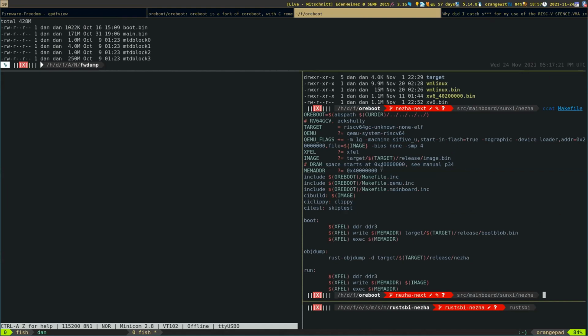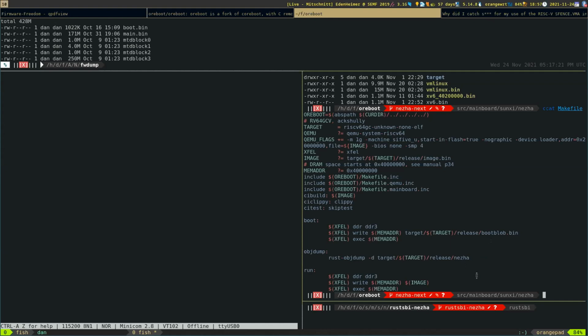And so for now, because I don't have DRAM in it yet, I use the exfil tool to initialize the DRAM, copy over something, and then execute it. This something would then either be a boot blob that's really just our code here, which is a few kilobytes, maybe around 100. And if I have the full image, that's this thing here,